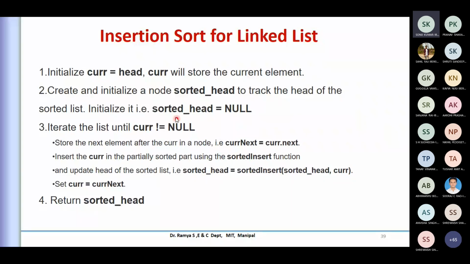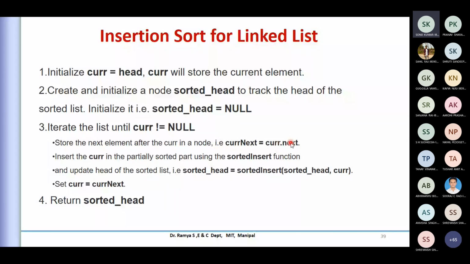You are initializing to the current header here, and you're finding the next element because you're going to point to that next element. So get the address of that, because initially we are starting with the header pointer, and go to the next element by taking current next.